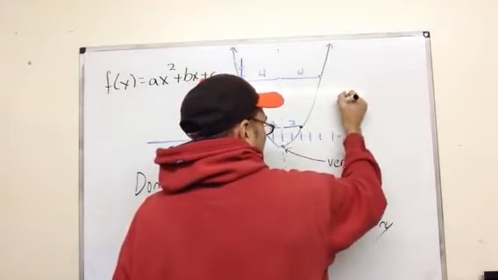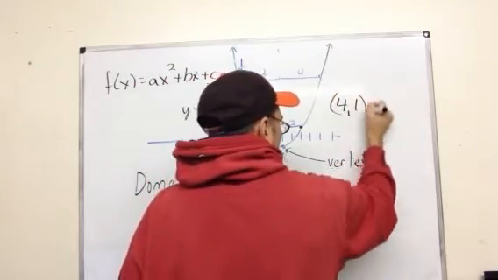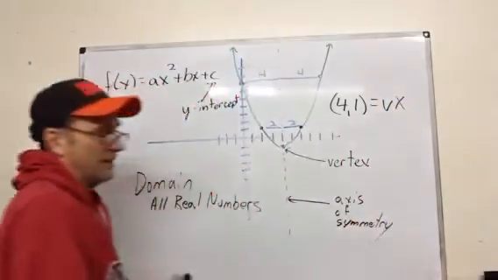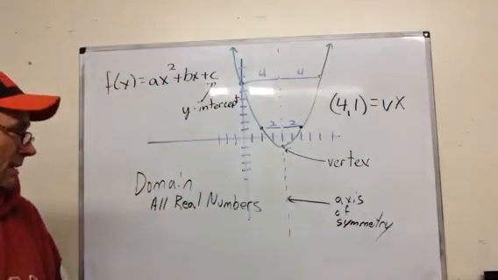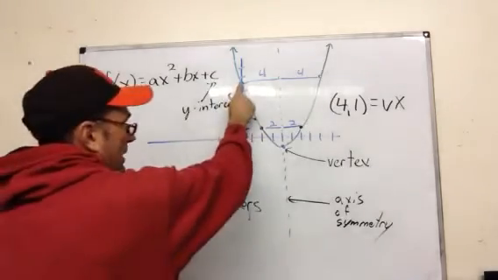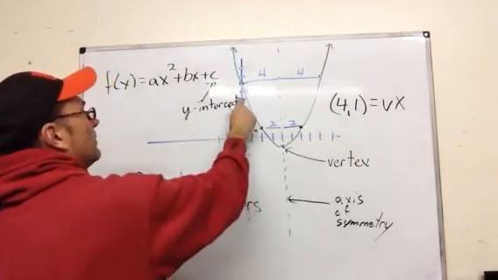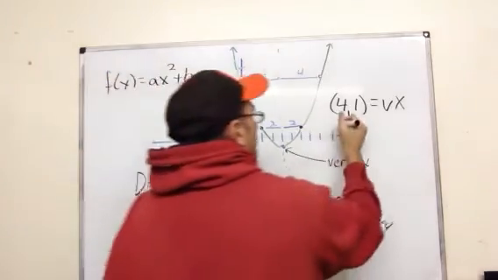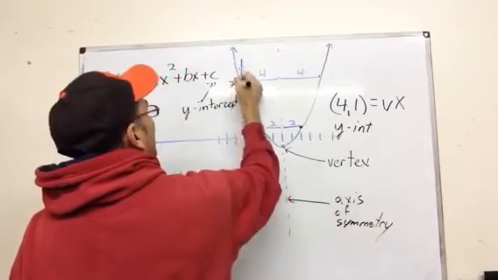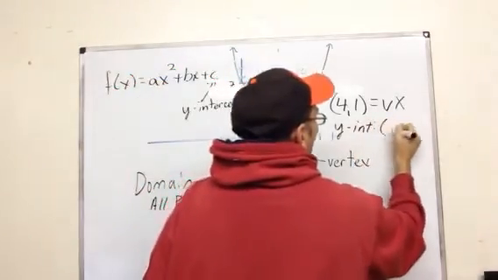So the vertex in this is (4, 1). I'm going to designate the vertex just by a V. And we can identify our y-intercept right here. 1, 2, 3, 4, 5, 6, 7. So our y-intercept, again this is at 7, would be as a point